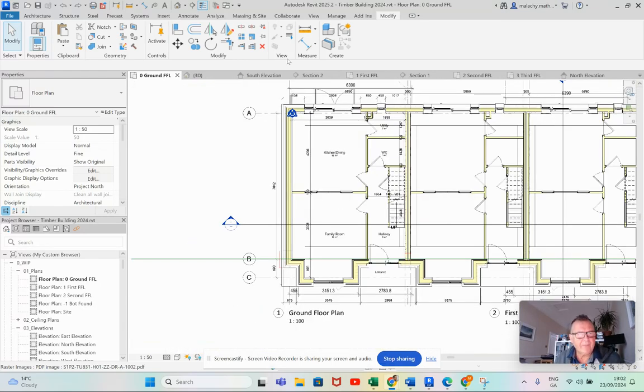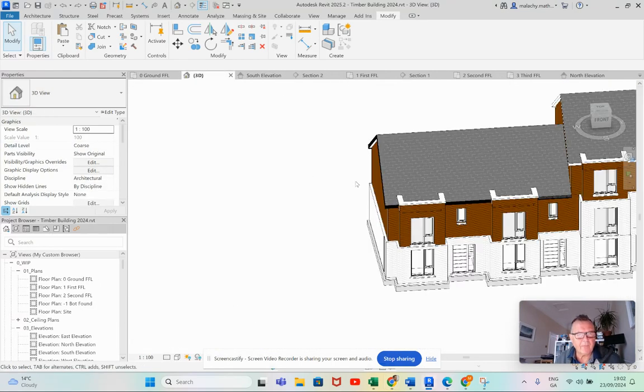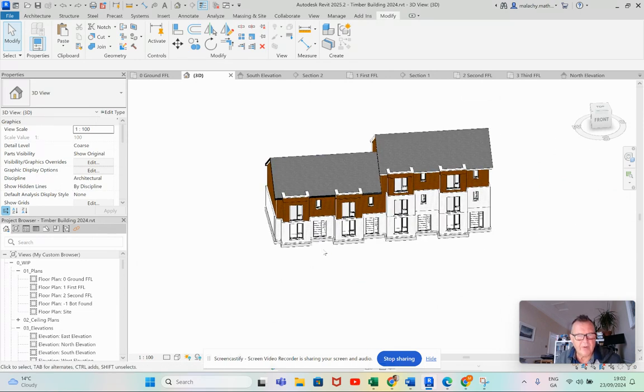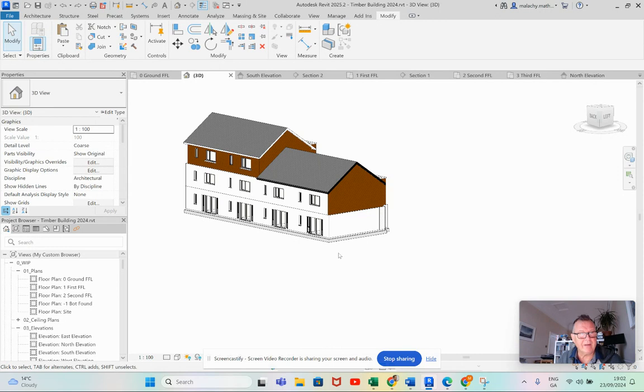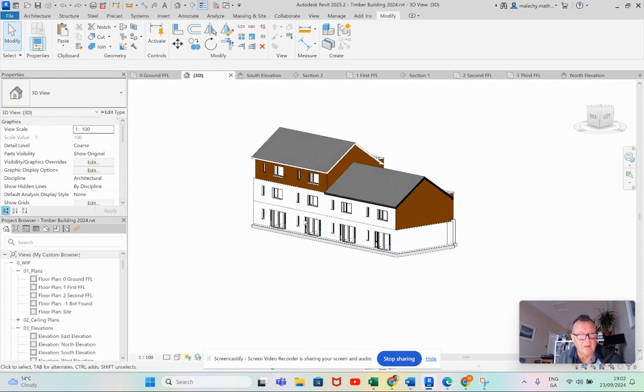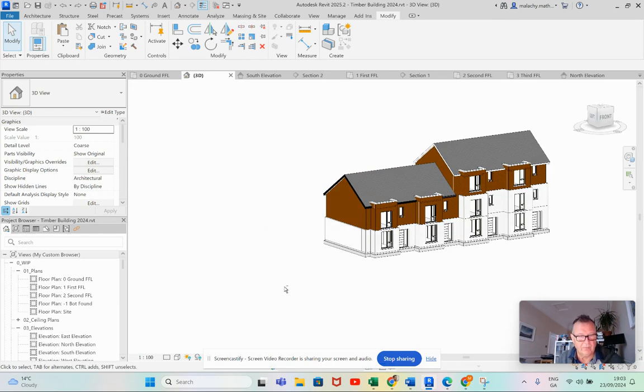Now, I'll give you a look at my 3D. What I've done is I've basically copied and pasted windows and doors along the ground floor, and then similarly along the first floor, and similarly along the third floor, around to the back here, same job again. So put them in down here, put them in here, copy them up there, use your copy and paste or just the copy command, and you can see how quickly